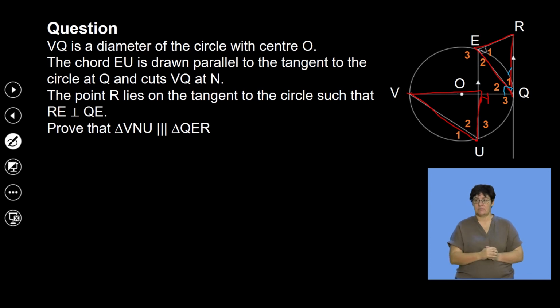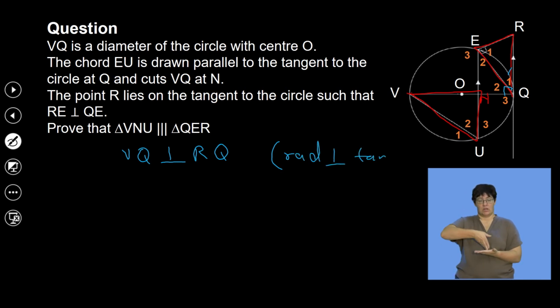Then I'm going to first say VQ is perpendicular, right? That's the very first thing I'm going to say, to RQ. And my reason for this will be a radius perpendicular to tangent. Are you with me? And then from there we can say that, in that particular way of me saying that, I will know that my